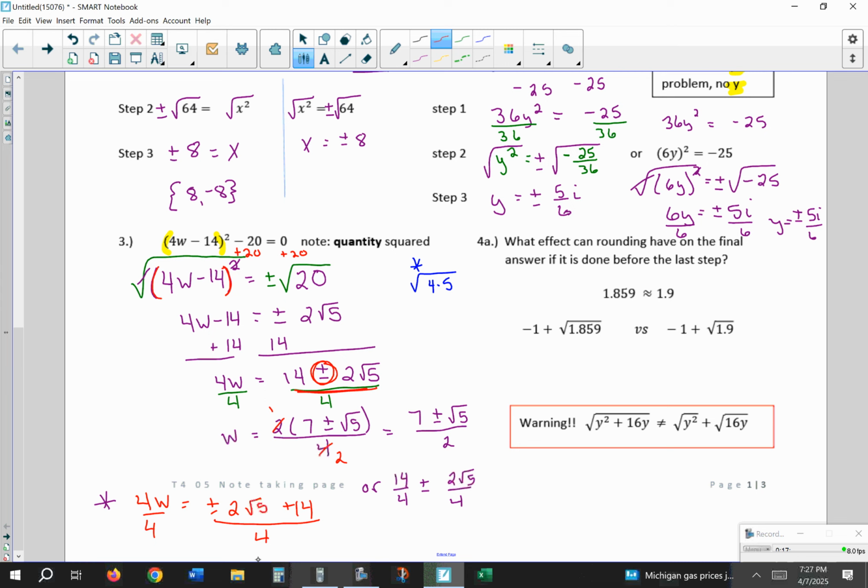But this little demonstration here is to help us on the next page, because we're going to end up with this number in our problem, and one version of the answer